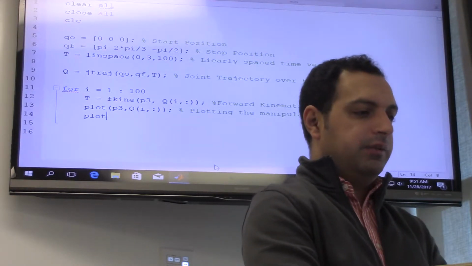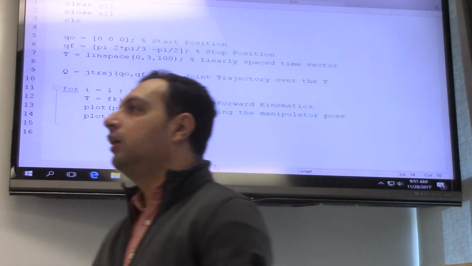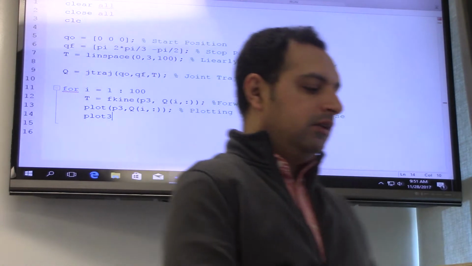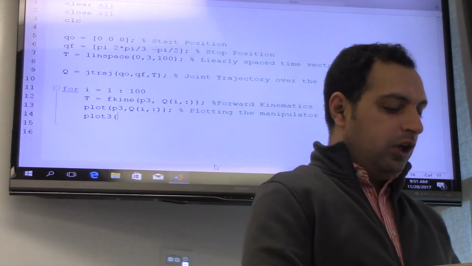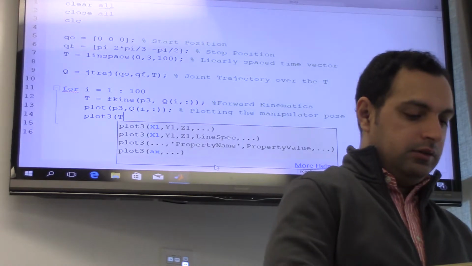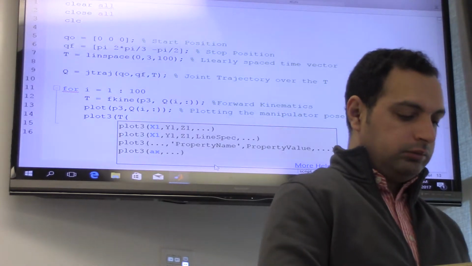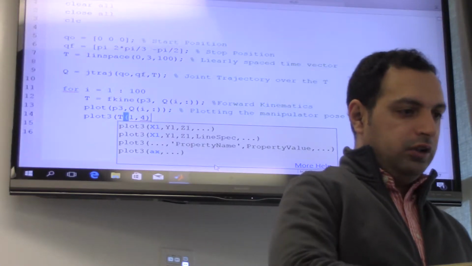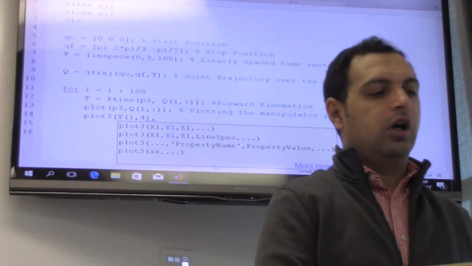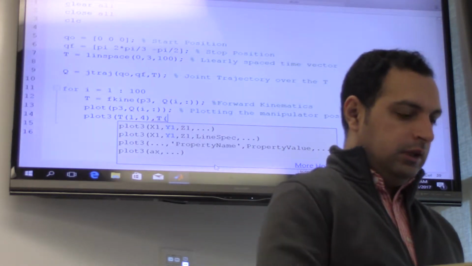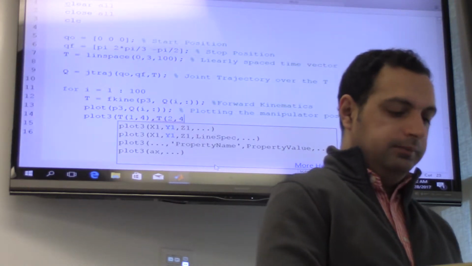So we'll use a three-dimensional plot, plot3. Plot3 plots a three-dimensional plot. If you use just plot, it's 2D. So here we'll say T of first row, fourth column, comma, T of second row, fourth column,